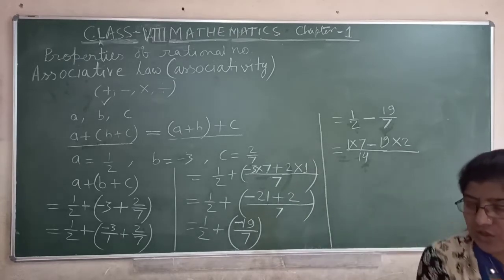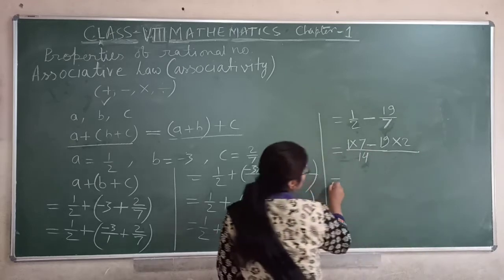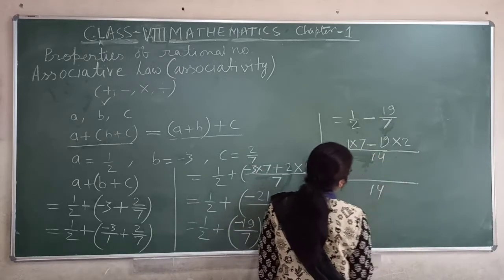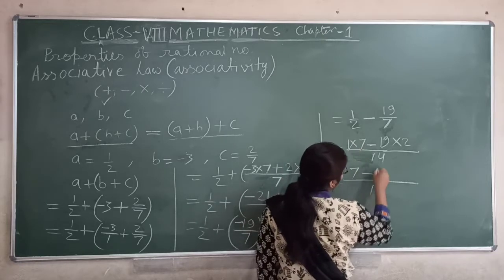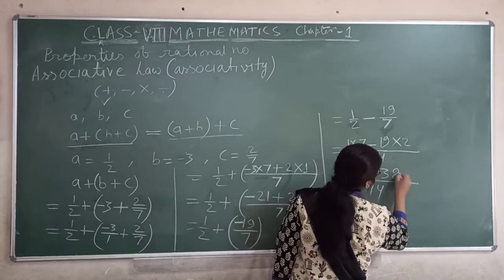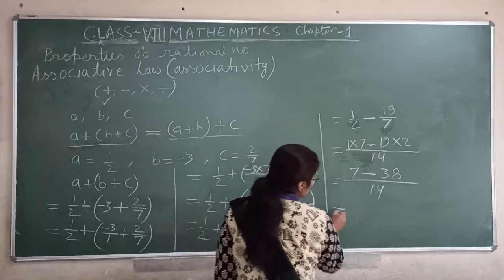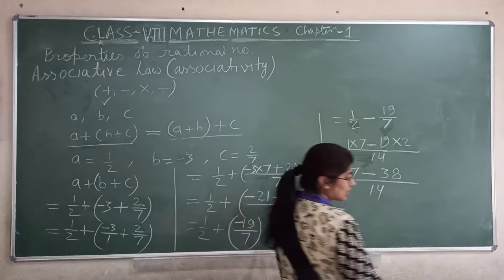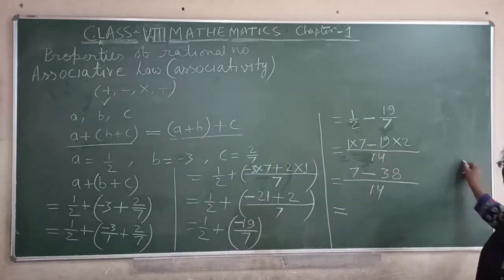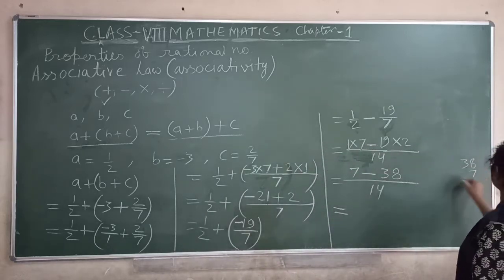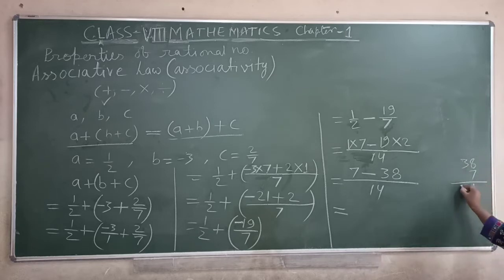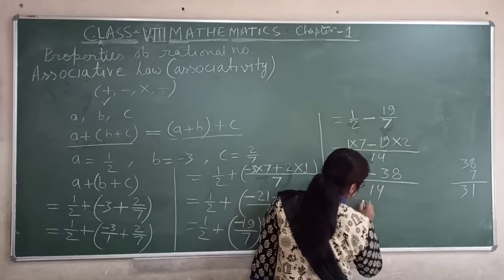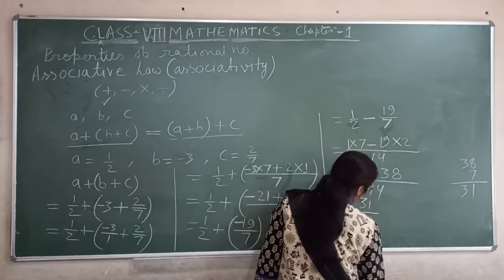So 2 here. So what we will do? Equal to 14, we will write exactly at middle. 14. 7 times 7, minus 19, 2 times 19 is 38. Okay. Now again, this is positive, this is negative. So what we will do? We will subtract both. 38 minus 7 we will do. Here 1 and here 3. You are getting 31. 31 you are getting upon 14.